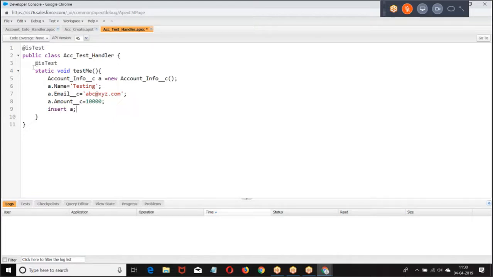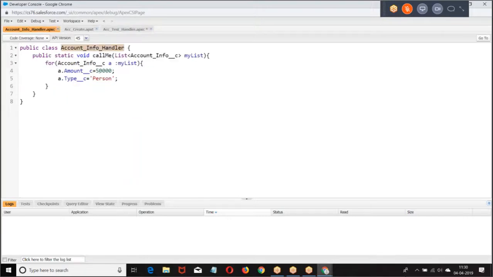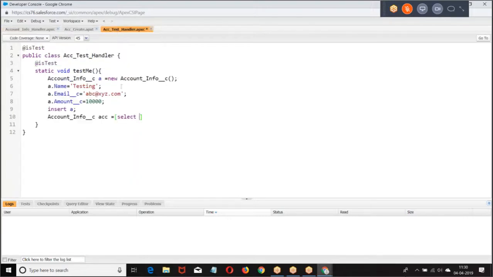When I insert the record, if the trigger is working fine, what will happen? If the trigger is working fine, the value of amount should be set as 50,000. Type should be set as person.